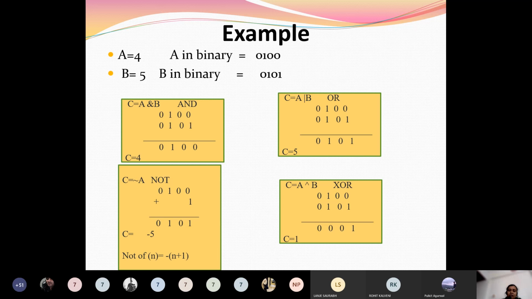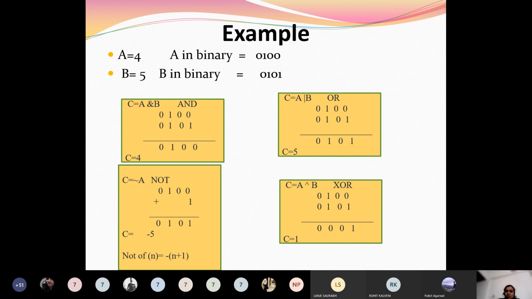Now for the NOT operation. Whatever you have studied in digital electronics, you just make the complement. Complement means 1 becomes 0, and 0 becomes 1. But in C programming, it will perform the 2's complement. That means first it will perform the complement and then it will add 1.